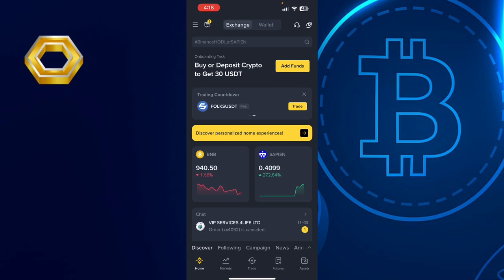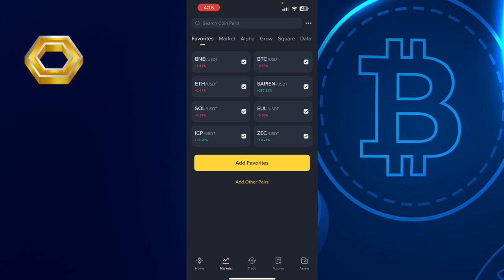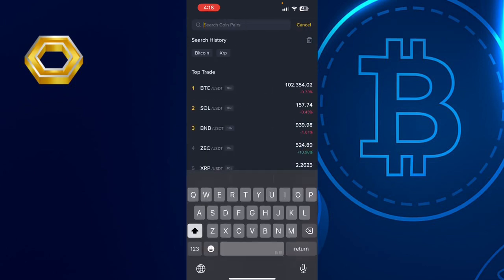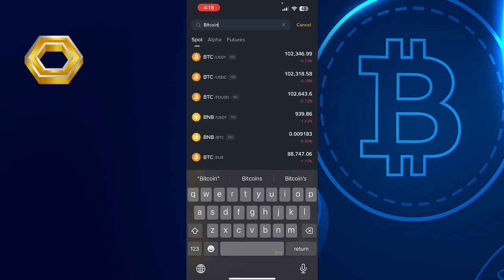So when you want to sell your crypto, at the bottom menu here, just head over to market and search for the crypto you want to sell. So let's just say you want to sell BTC. Let's search for Bitcoin, and then you're going to choose this very first one here, which is a pair